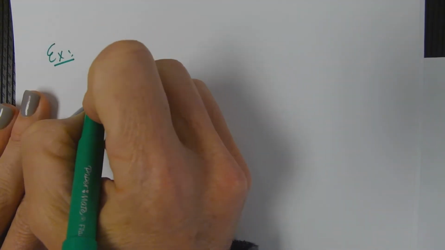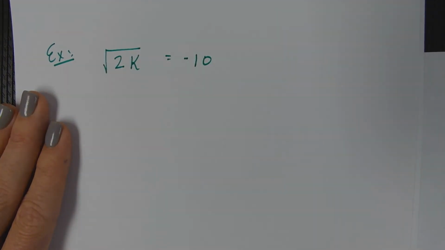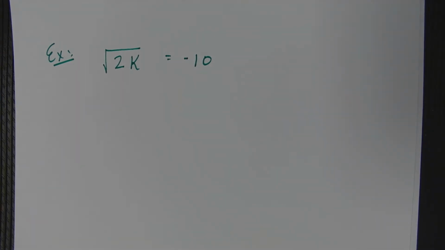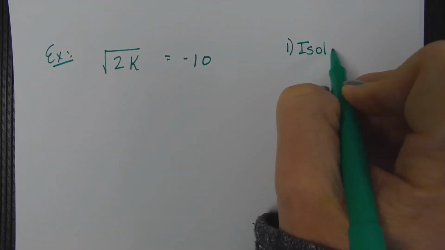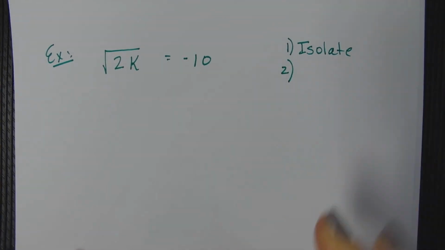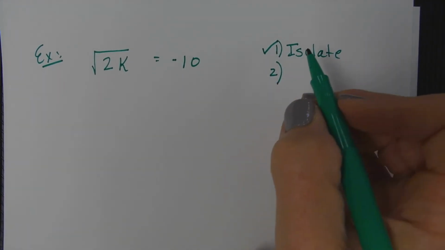All right. Let's see. The square root of 2k equals negative 10. First step is isolate. Do we need to do anything to isolate? No, so it's already isolated. So the next thing we need to do is